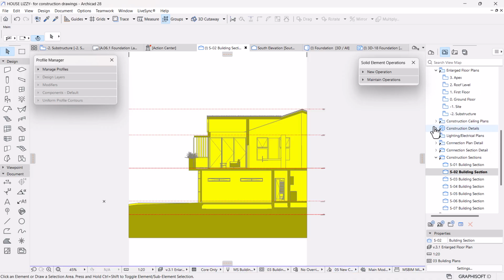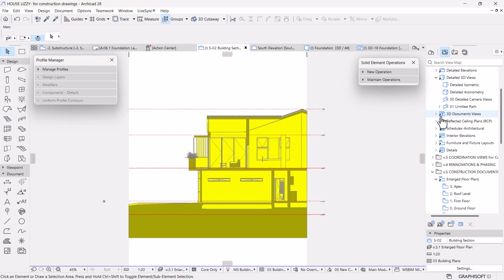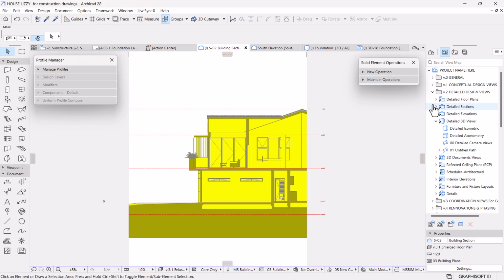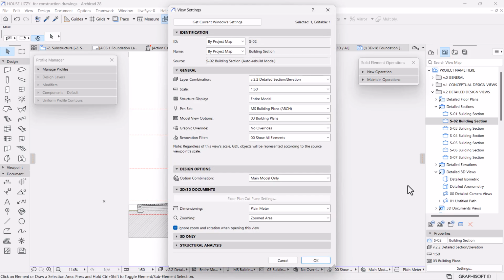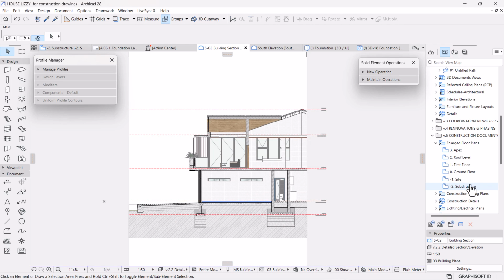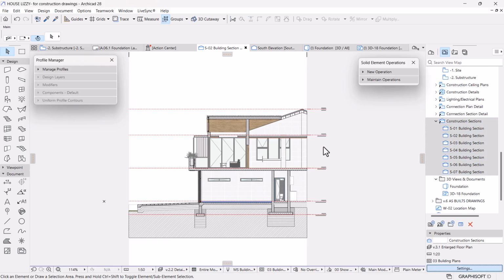Let's reference with the others. No override, yes. There should be no override here. Building plans. Yeah, I think because of the override, that's what makes it